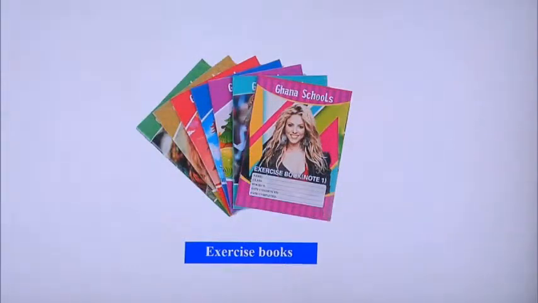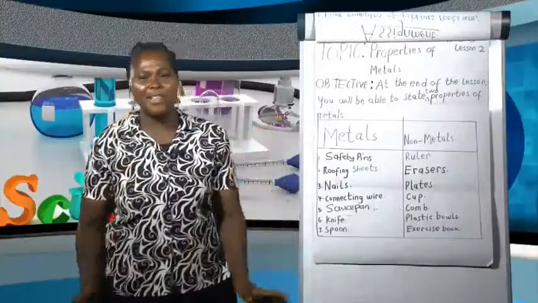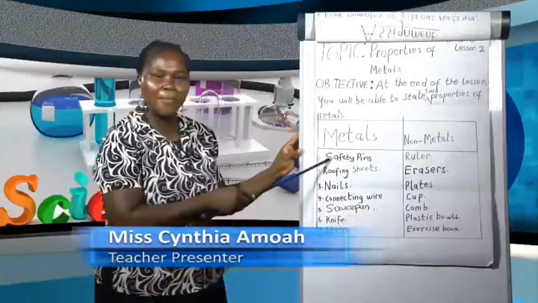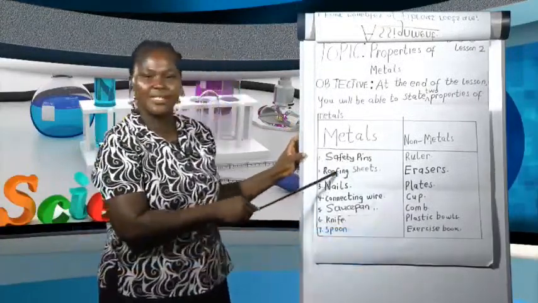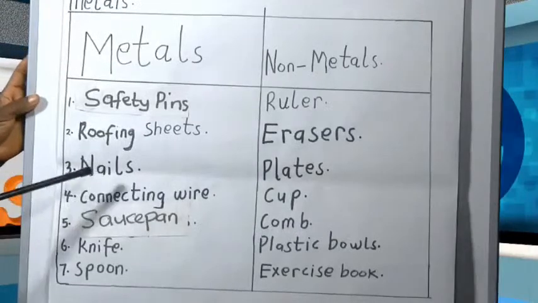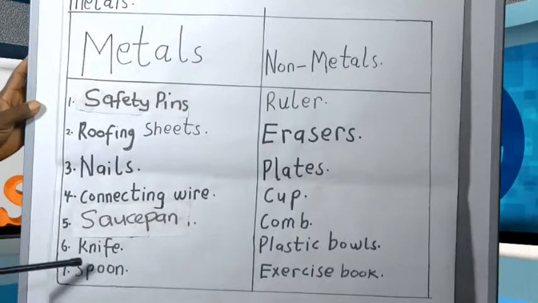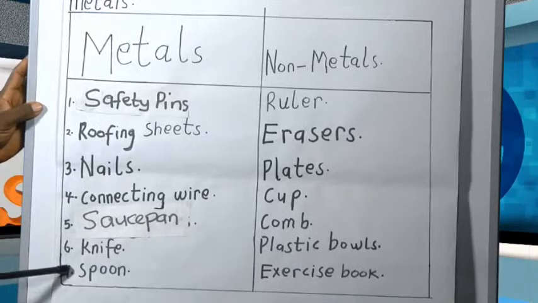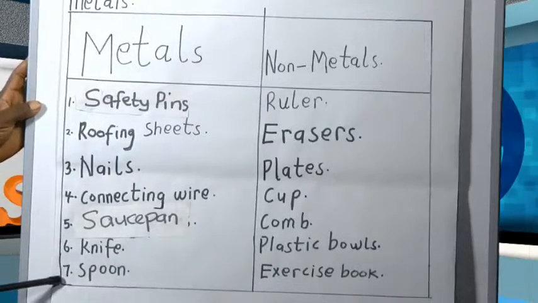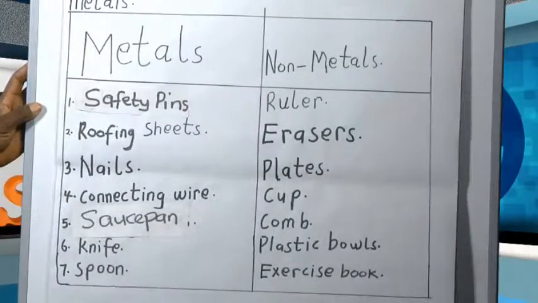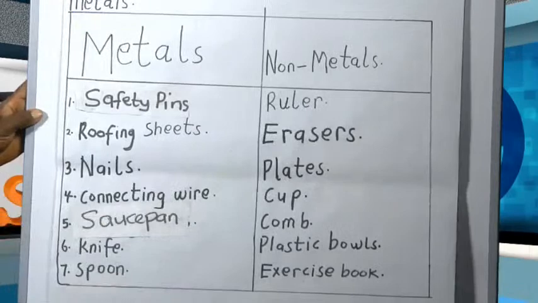So children, we have grouped our materials into metals and non-metals. So these are metals. We have safety pins, roofing sheets, nails, connecting wire, saucepan, knife, spoon. So these are materials made from metals. They are made from what? Metals. And these are materials made from non-metals. They are made from what? Non-metals. We have ruler, erasers,